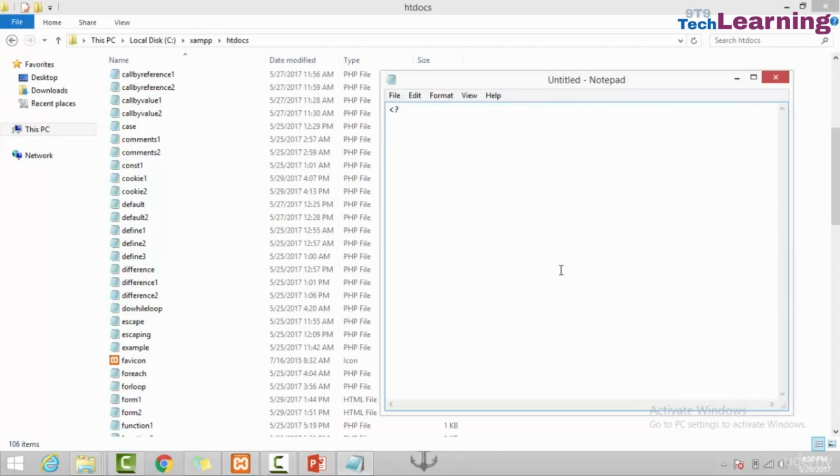So start PHP. First of all, session_start. This is the function. Here we are starting the session by using the function session_start. Then HTML and body tag. After that, PHP, $_SESSION, and here user equals Shubham